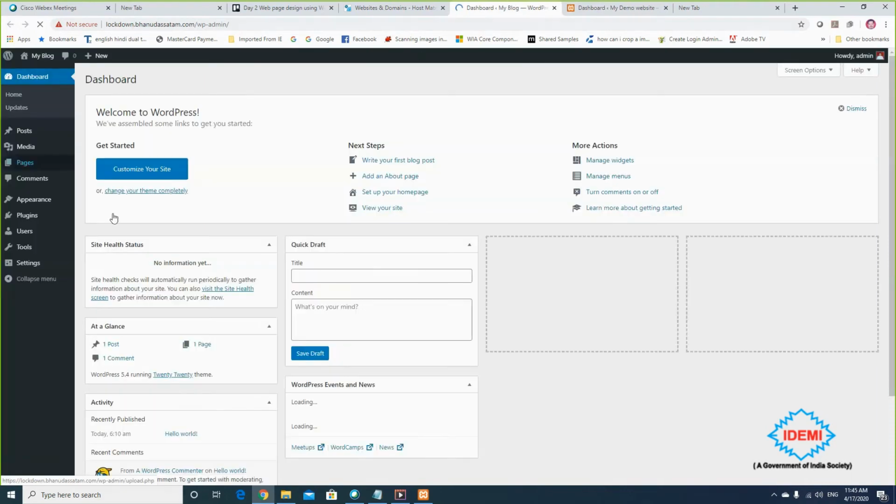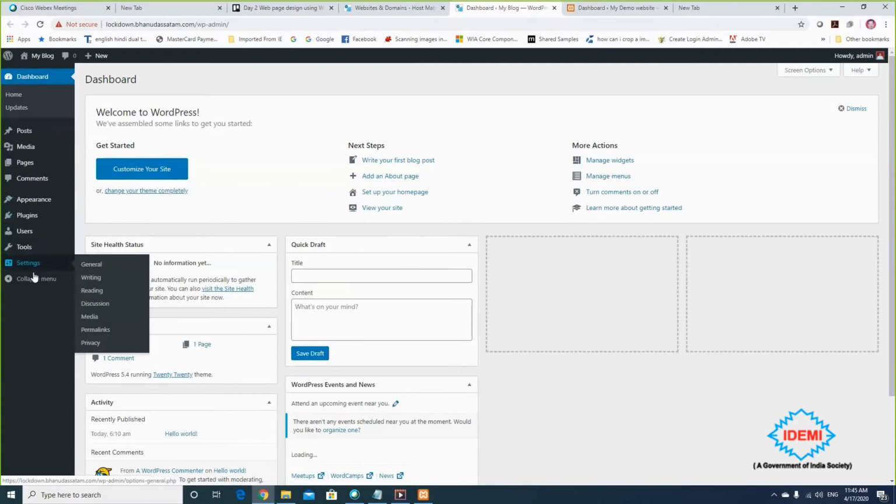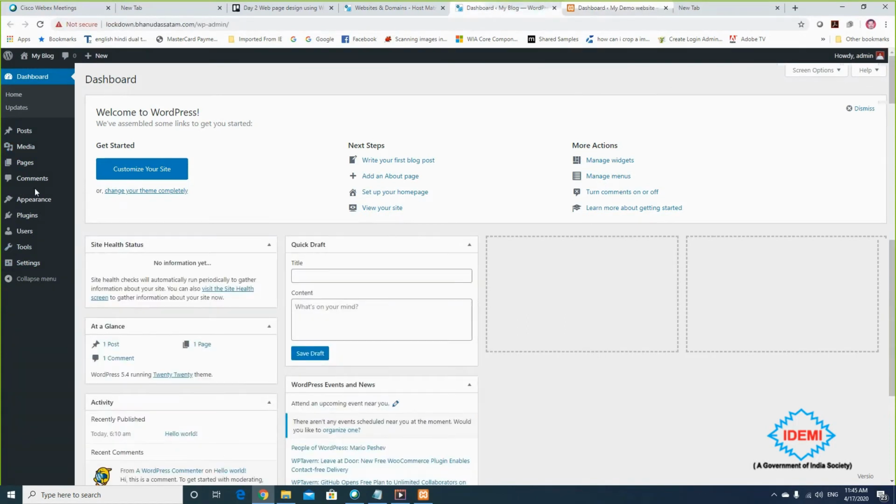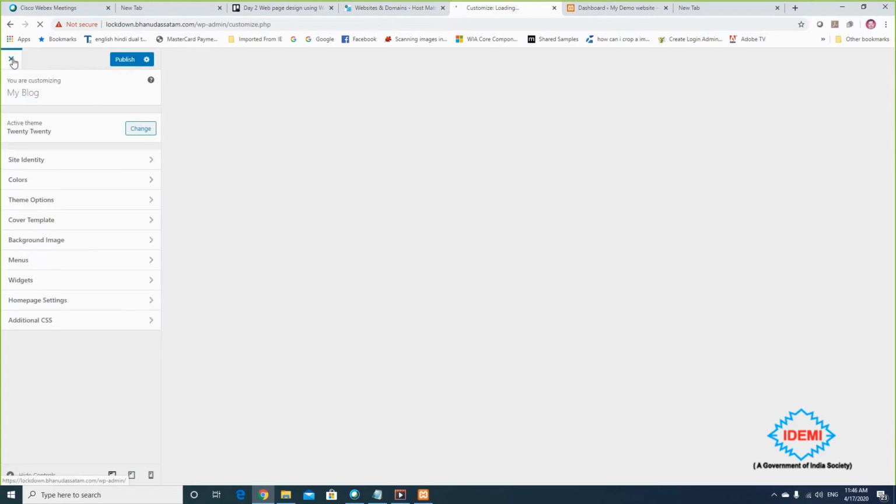Now it's also showing me the same dashboard here: post, media, page, comments, appearance, user, tool, setting. Offline में भी यही मिल रहा है और online में भी यही मिल रहा है. I can customize my site and choose a theme here.